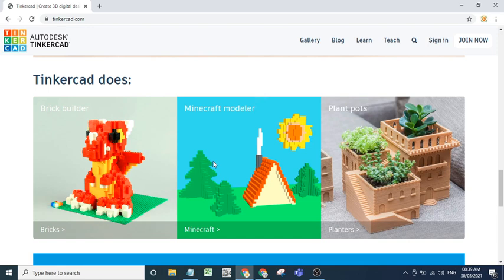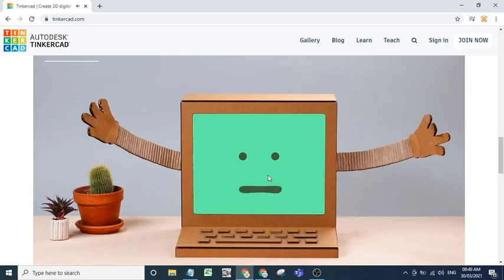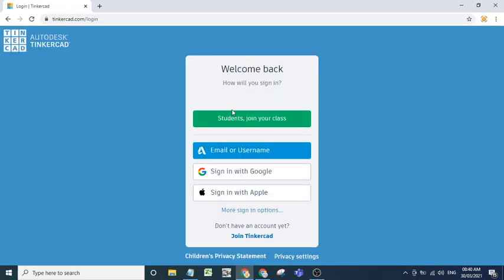So if you see the video of this Thinkercad, you will get the idea what you can do using Thinkercad. Using Thinkercad you can make 3D objects, you can simulate electronic circuits, etc. You can see this video afterwards. We will start our session. So you have to sign in. When you click on sign in, it will ask, okay, we have to sign in with Google. So I will sign in with Google.